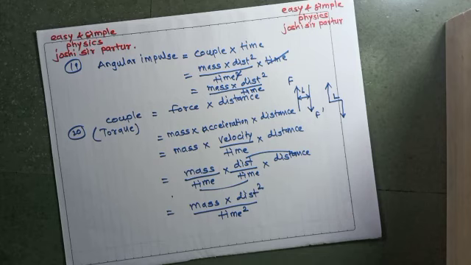So for all of these 20 physical quantities, we have seen their formulas in terms of mass, distance and time. We know that mass is measured in kilogram, distance or length is measured in meter and time is measured in second. If we substitute these, we can find their units from these formulas. Other quantities will be seen in the next video.